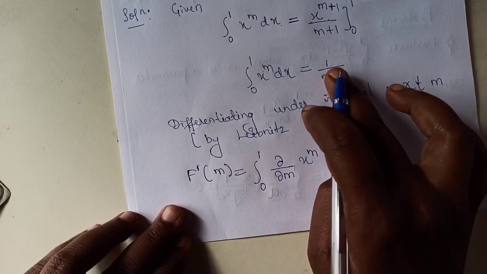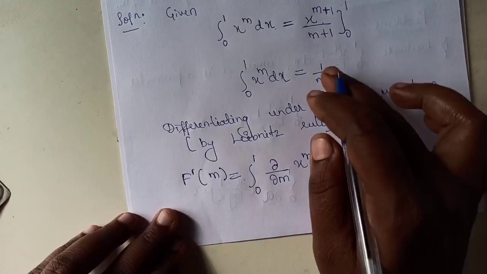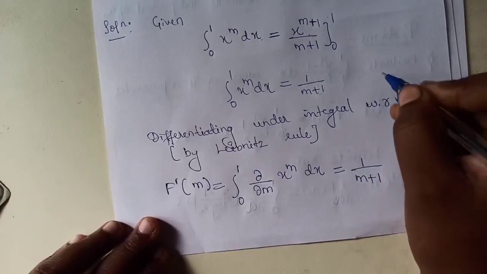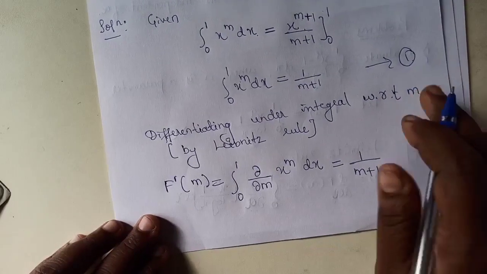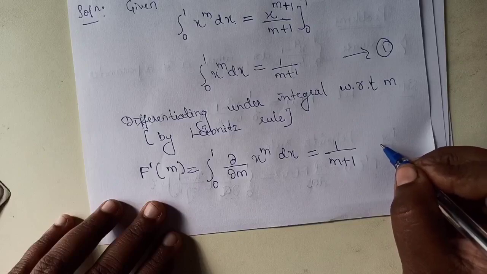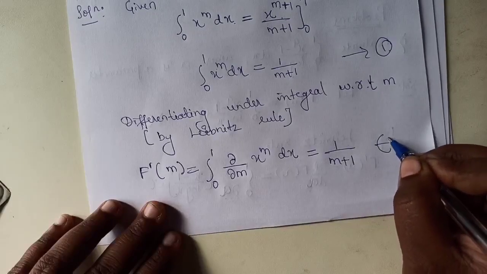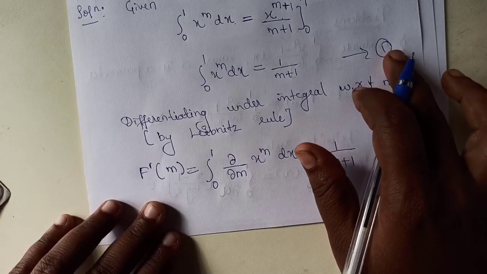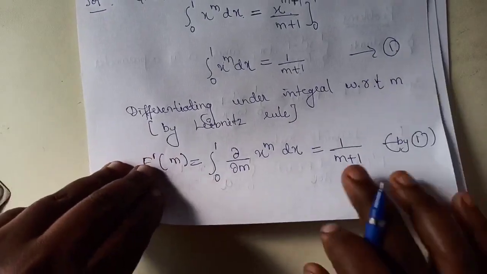Okay, and its value is 1 divided by m plus 1. So this you can consider as equation 1. So this value we have taken from equation 1. Okay, so this can be written as,